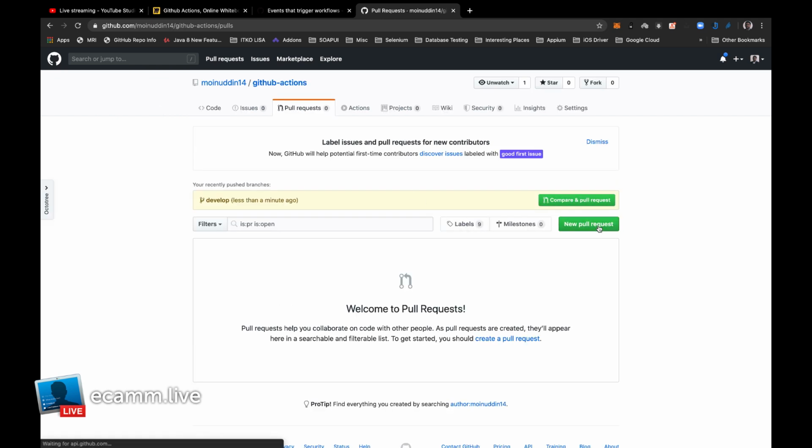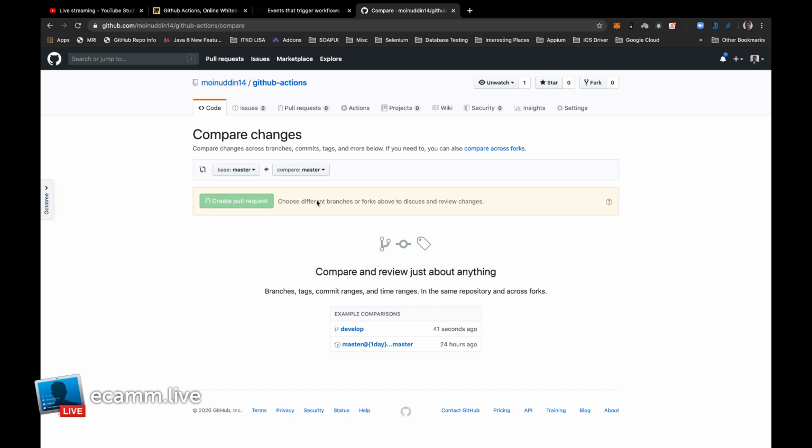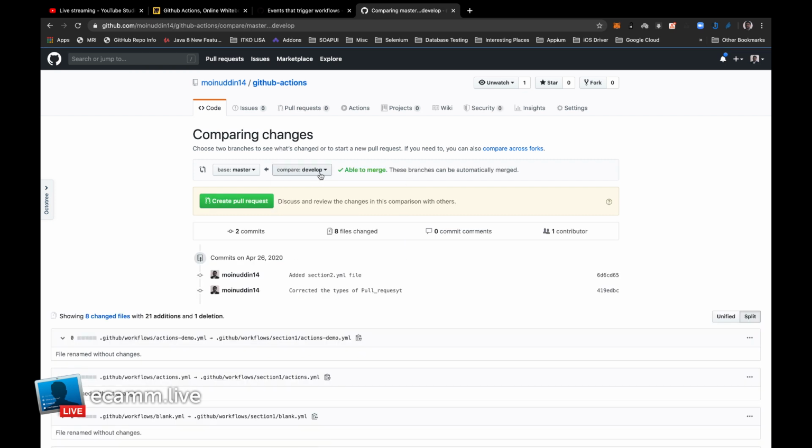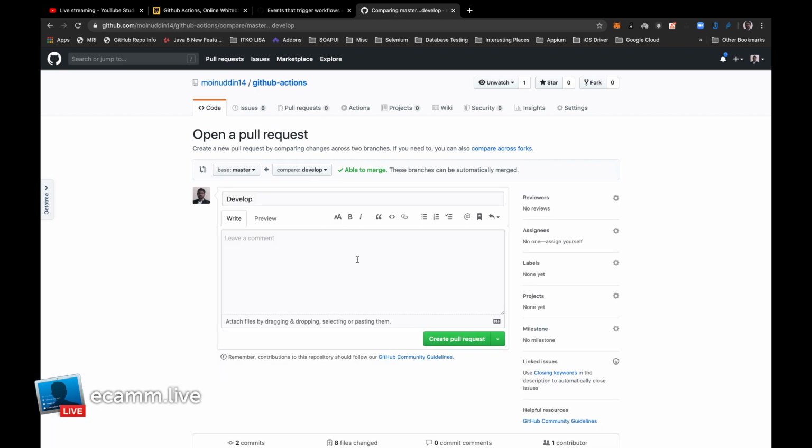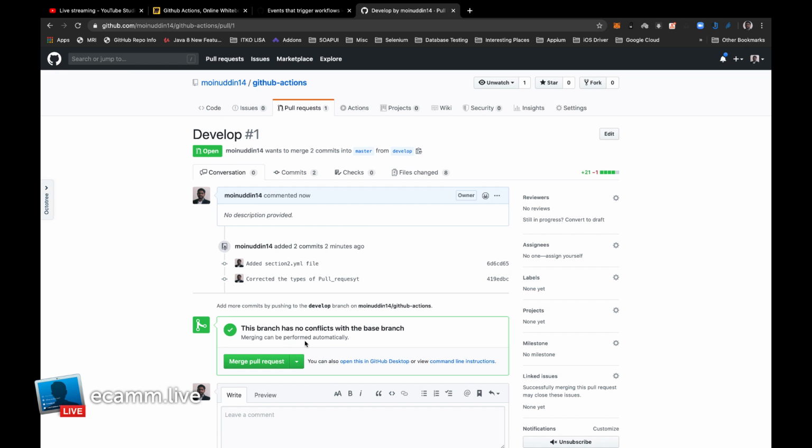okay, raise a new pull request. I want to compare from develop branch. I want to raise a pull request from develop branch into the master branch. So I'm saying create pull request. So I have created a pull request now. Okay. So now if we go to the actions,